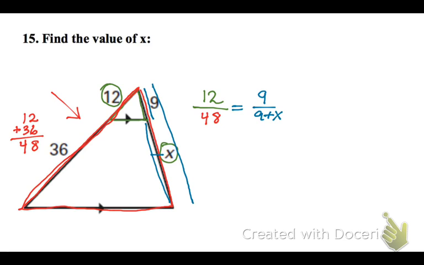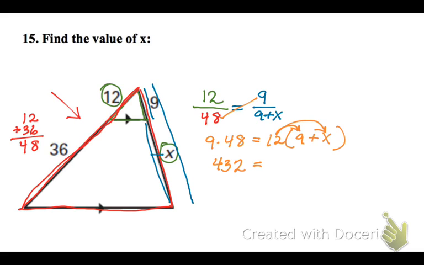So we have to do a little algebra. So let's do some cross multiplying. Change color. 9 times 48 is equal to 12 times 9 plus x. Now this is going to get kind of big. So 9 times 8 is 72, carry the 7. 9 times 4 is 36, plus 7 is 43. Equals, we have to distribute the 12 over the 9 and the x, so